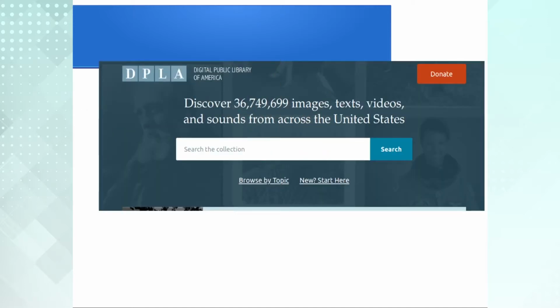Now, this is another one called DPLA. DPLA is one of the big digital library systems in the US. You can see a huge number of images, text, videos, sounds and maps available there, but there is no facility for the end user to search different kinds of geographical resources, resources where place names are very important, like travel guides, like data sets, etc. We do not have any scope except textual search.